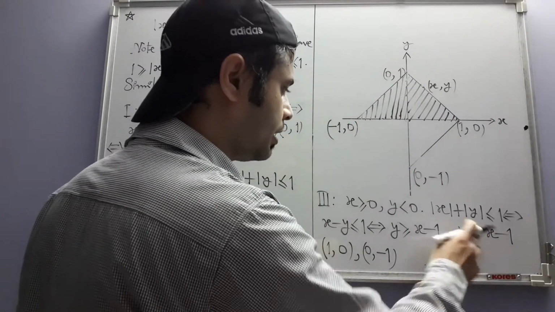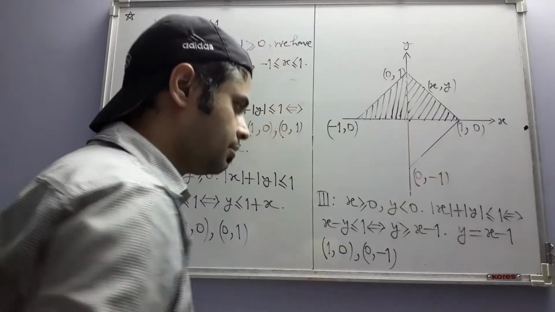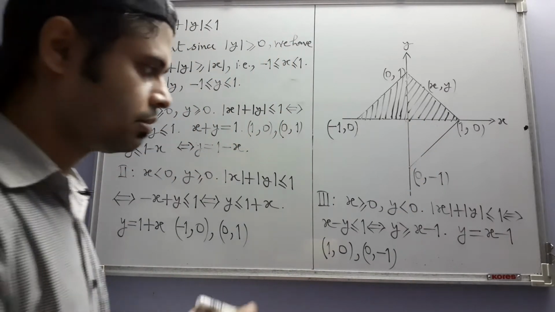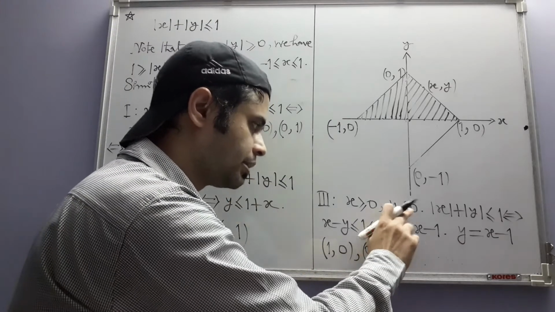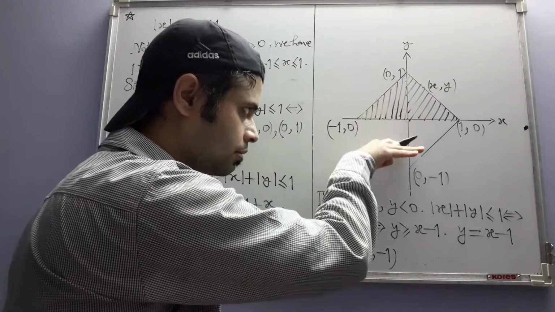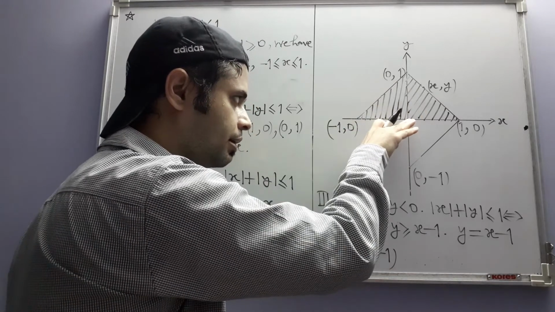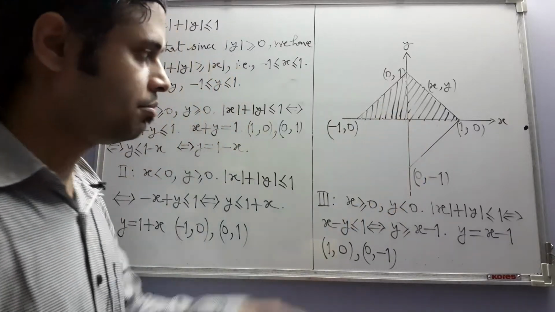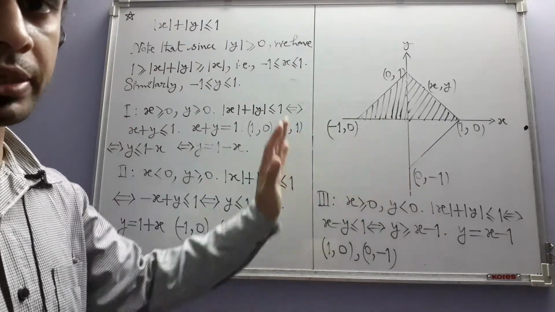Now if you consider any point x here, then the highest value of y, of course there is no highest value of y, the thing is that y has to be less than 0. That means the y value must lie on this side below the x-axis. That means y has to be negative.